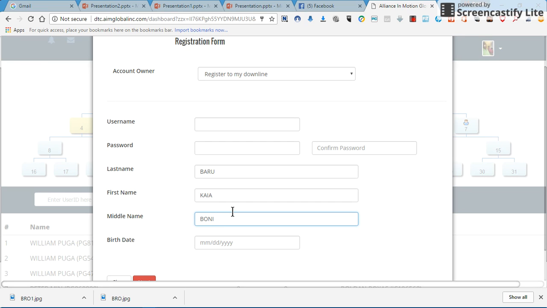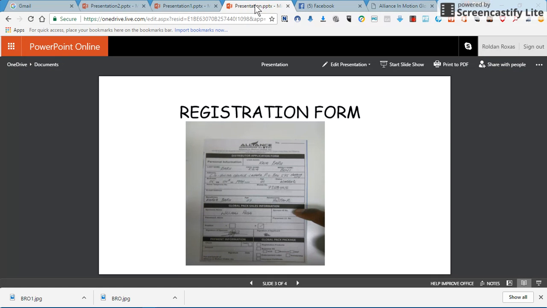Just a moment, I check it here. This one. Last name Baro, then first name Kaya, then middle name is Boni.